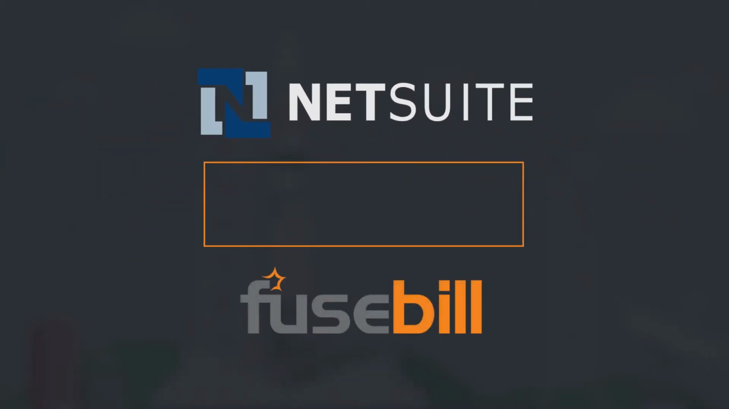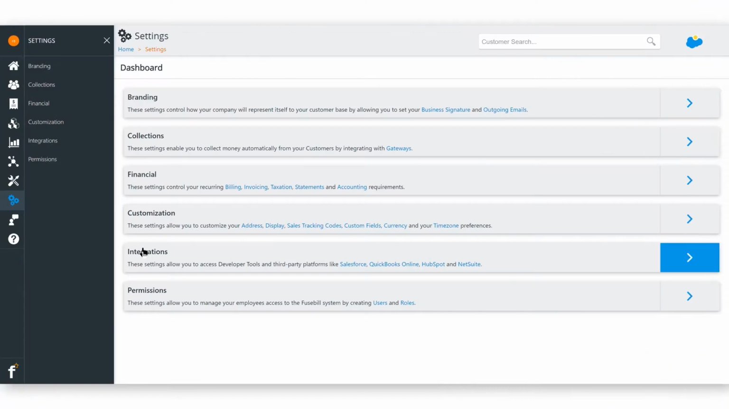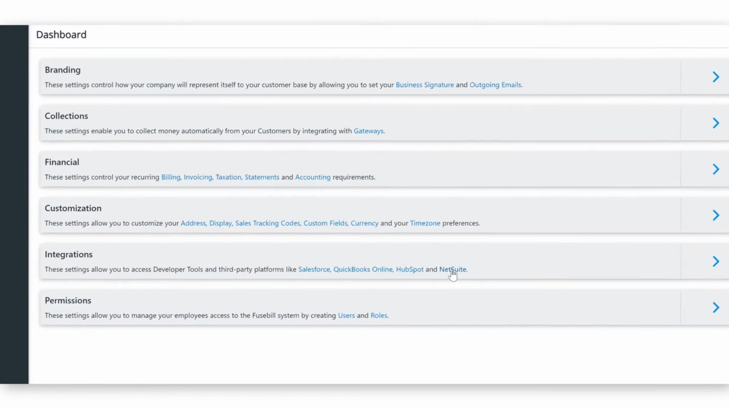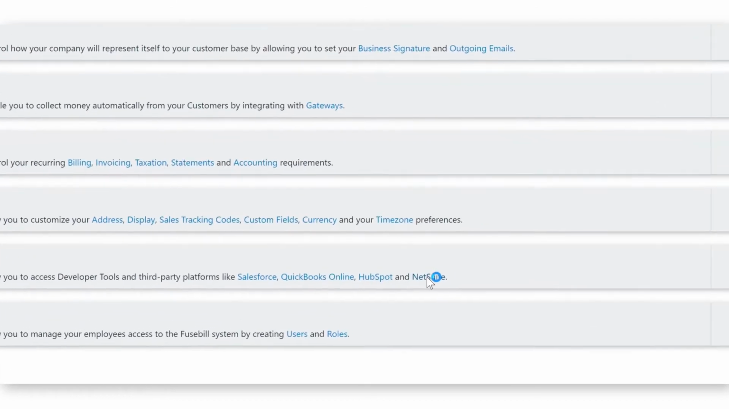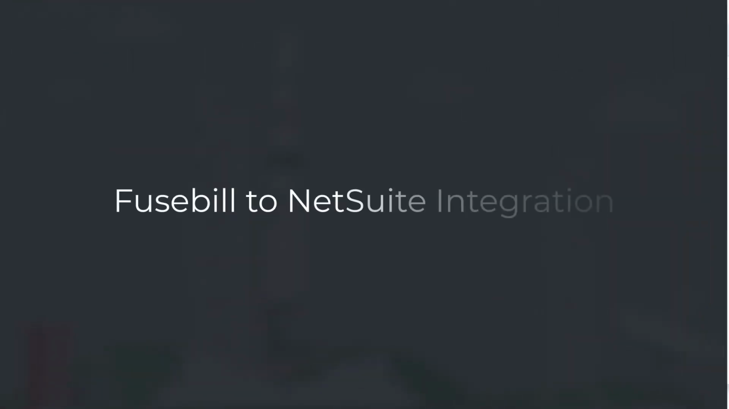Fusebill offers the most advanced NetSuite integration available for recurring billing. This integration is a great way to allow Fusebill to manage a sub-ledger of all the ledgers tied to your NetSuite that are involved with your recurring billing. These ledgers have a lot of volatility. Fusebill takes care of feeding all of that information into your NetSuite instance, so you can focus on other elements